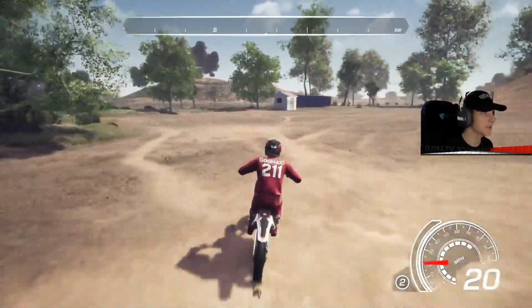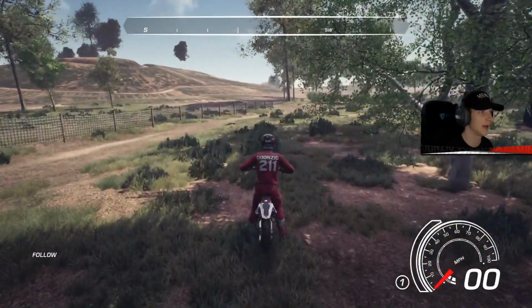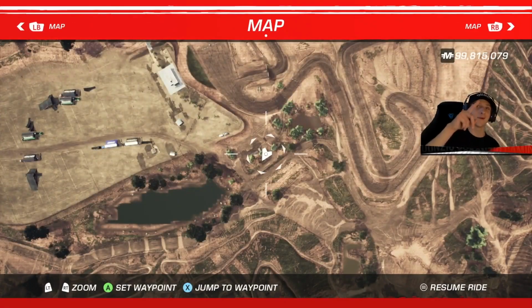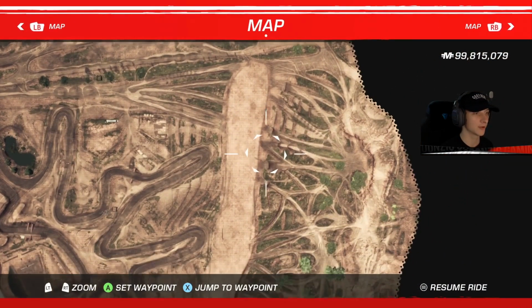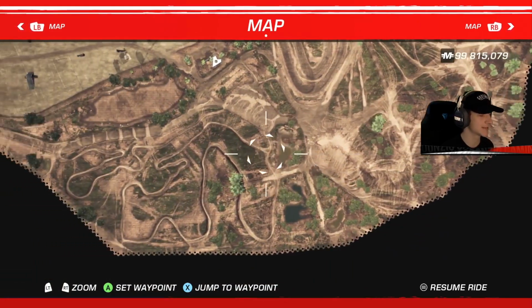Now, I'm gonna explore. We got a whole map to explore. I wonder if I can actually take a look at the map. How do you open it? There we go. We hold the select button. Cool. So it does actually look like the map is completely cluttered with trails and everything, which is actually pretty